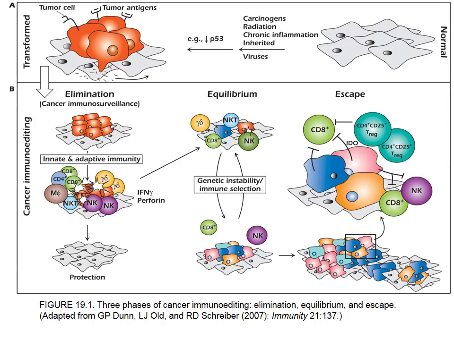So you can see from here, 3 steps: elimination, equilibrium, escape. So let's say your immune system is good, you have very good cancer immunosurveillance, and the cells of innate and adaptive immunity all just jump in onto cancer. Your T cells, macrophages, gamma delta cells, NK cells, they secrete what they need to secrete. They totally get rid of the cancer and you are protected. Right? So this is their job. They pretty much eliminate that without you even knowing it.